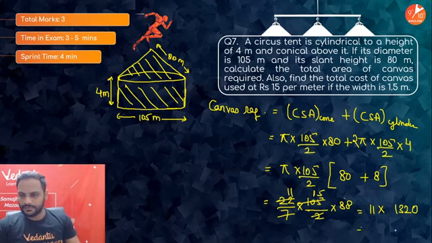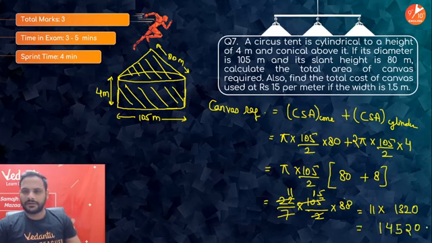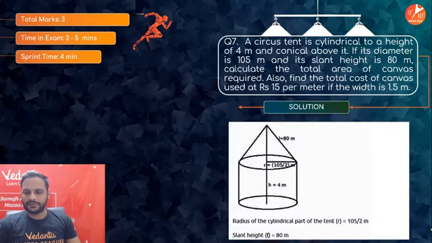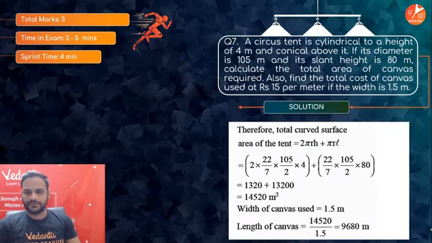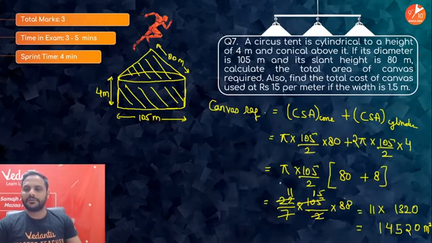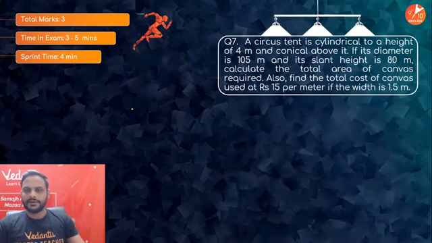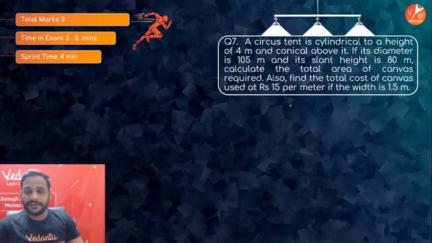So now it will become equal to 14520 meter square. Let me check. 14520, yes, 14520 meter square will be your correct answer. This much canvas is required. All right, now the total cost of canvas used at rupees 15 per meter, if the width is